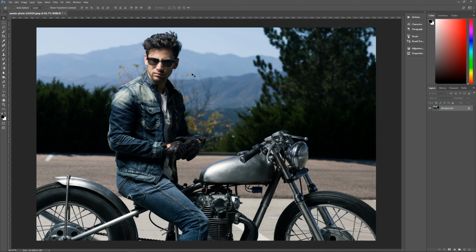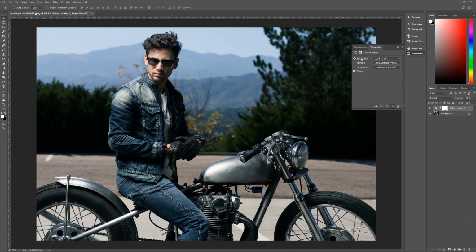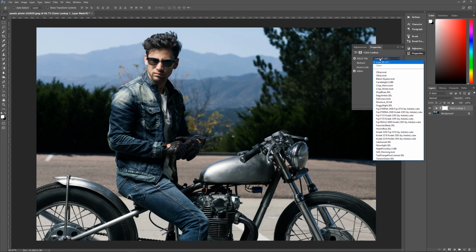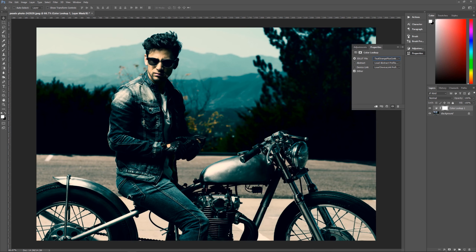Okay, now there is a color lookup table already in Photoshop, one of the standard presets that is basically a cinematic look. And if we go over here to our layers palette and we go down here to our adjustment layers and we go to color lookup, okay, we can go over here to 3D LUT file, which is lookup table, and go all the way down here to teal orange plus contrast, right? And that will give us this teal look down here,